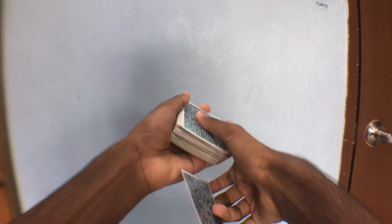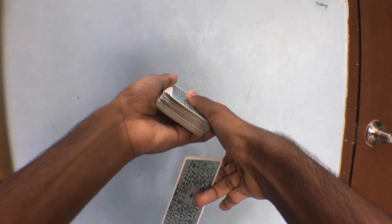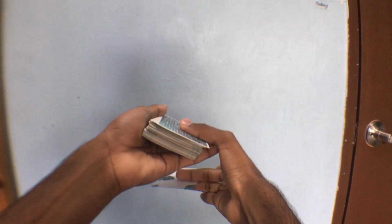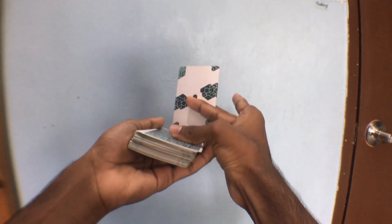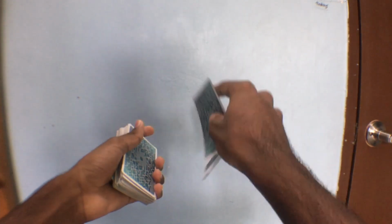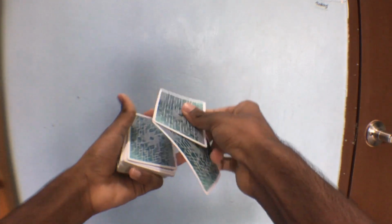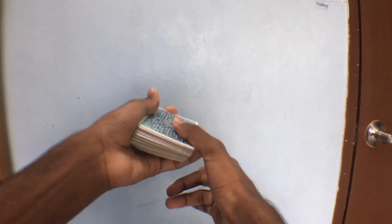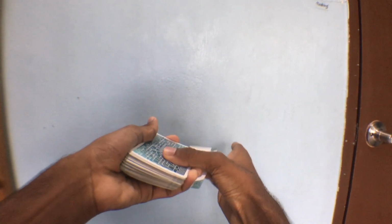And once this card is down here, you're going to let go of your pinky, just hold it like this, and go under the pack, right? So once you do your display here, place this on top, let go of your pinky. So now it's just held with the ring finger and middle finger, and then you're gonna go slide under the